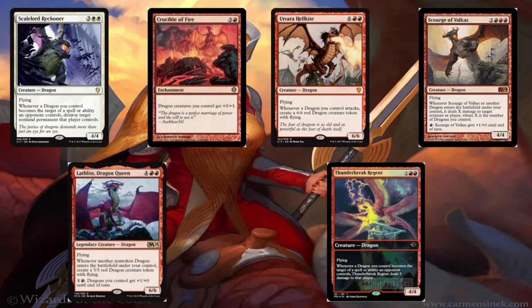Crucible of Fire: dragon creatures you control get +2/+3. This is really good with Sylvia. She gives all dragons double strike, and this is an extra 6 damage for each dragon, which is pretty disgusting. It's also more of a finisher type card. You can play this just to finish the game off, but it's definitely worth putting in, because you do play cheaper, more efficient dragons in this deck than you would in